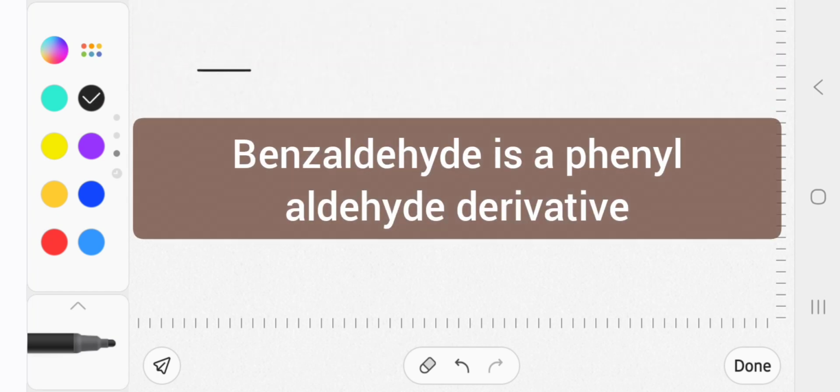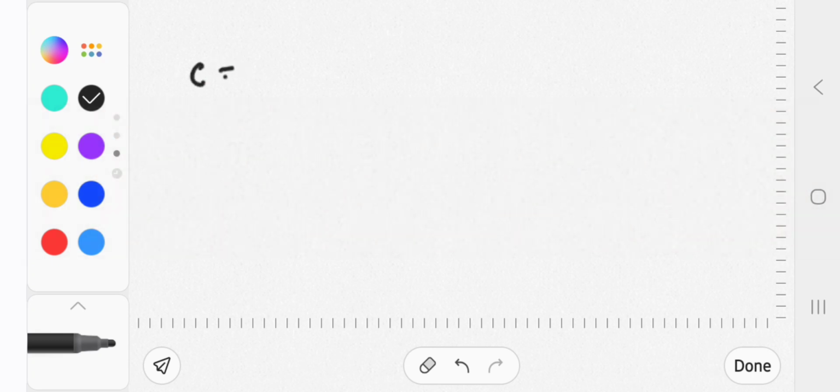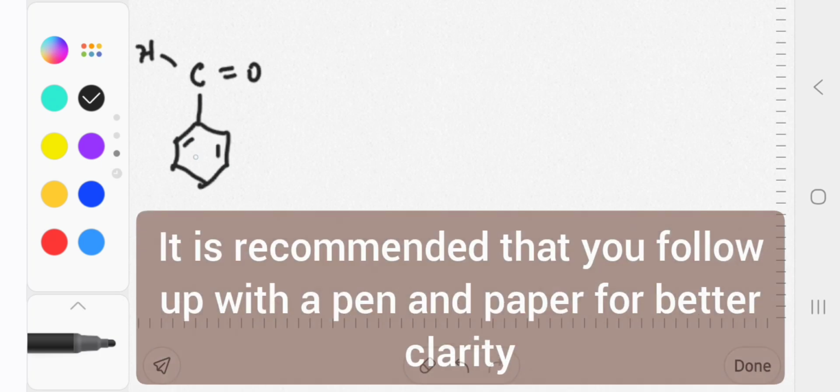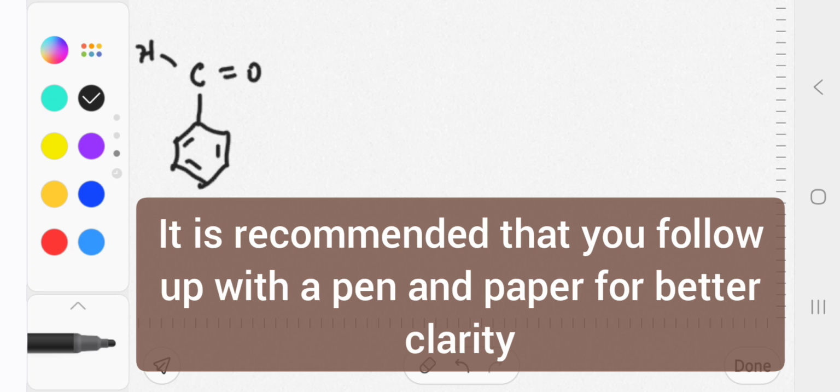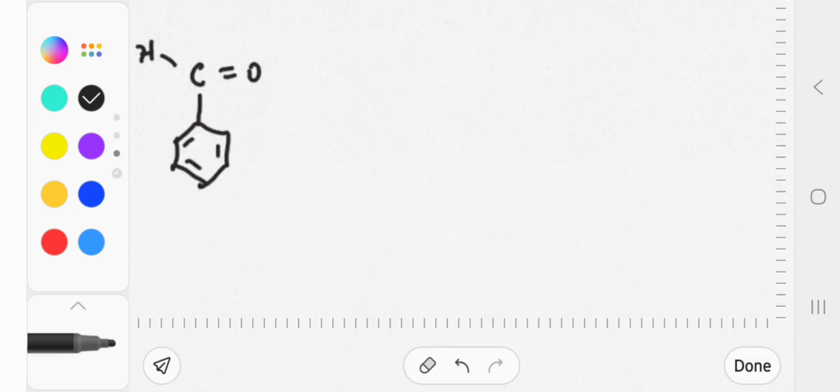Benzaldehyde is written this way: CHO is an aldehyde. This is the aldehyde group. Then you have a benzene. So this is benzaldehyde. You can work with benzaldehyde because it's a type of phenylaldehyde because it contains the phenyl. You can see the phenyl here. So this is also a phenylaldehyde, benzaldehyde. That's why we're going to be working with it. So basically we're going to be reacting it with